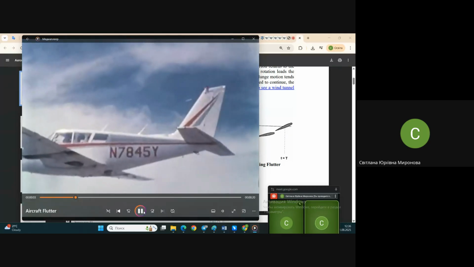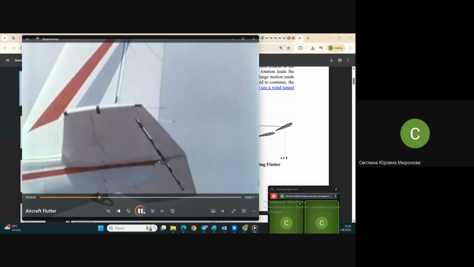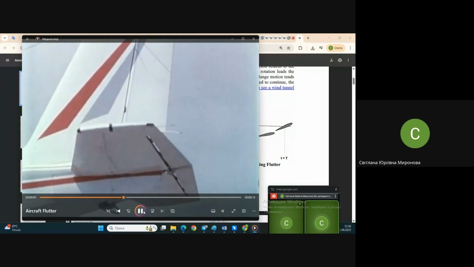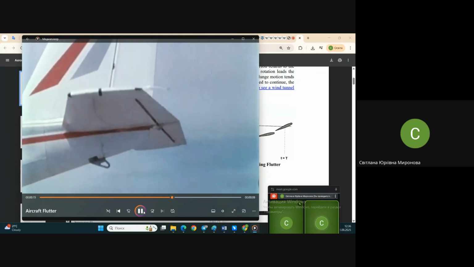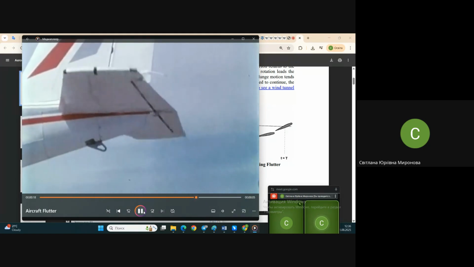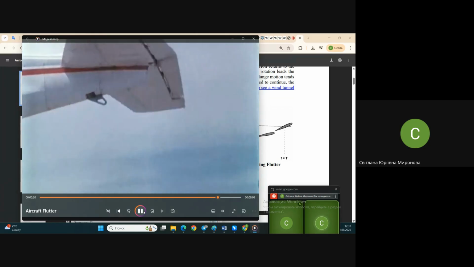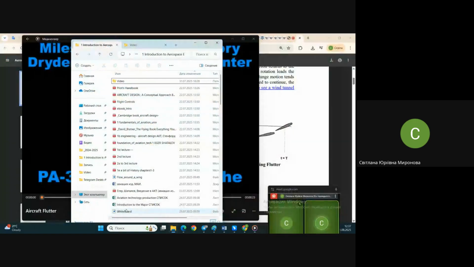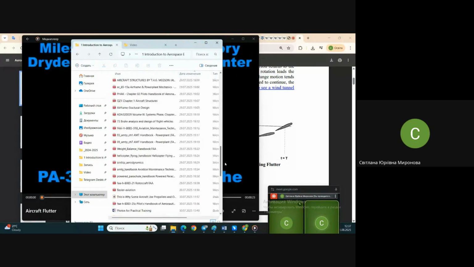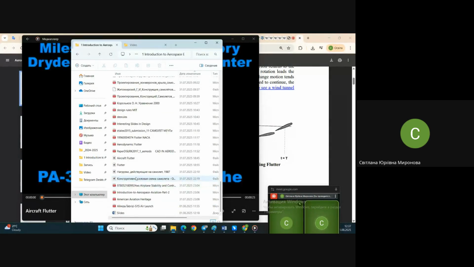Let's watch. You see some vibrations have started, and it's already very similar to a butterfly. But it's flutter. It's named flutter because it's really fluttering like a butterfly. And one more movie will show you also short, also impressive, more impressive than this one. That was simple, pleasant. Partially we will see it in the next movie,